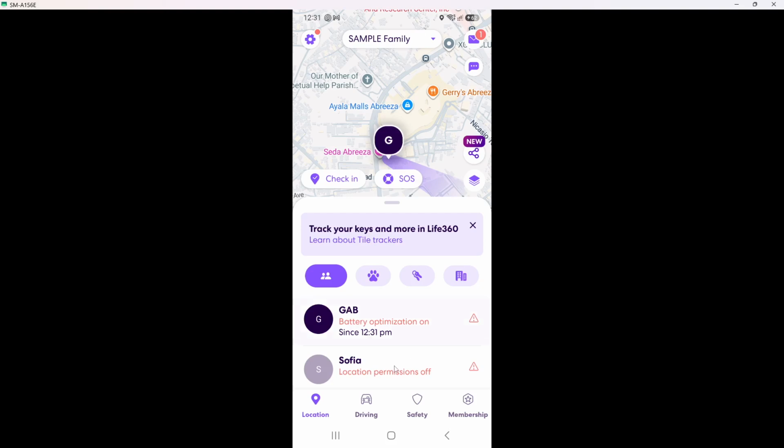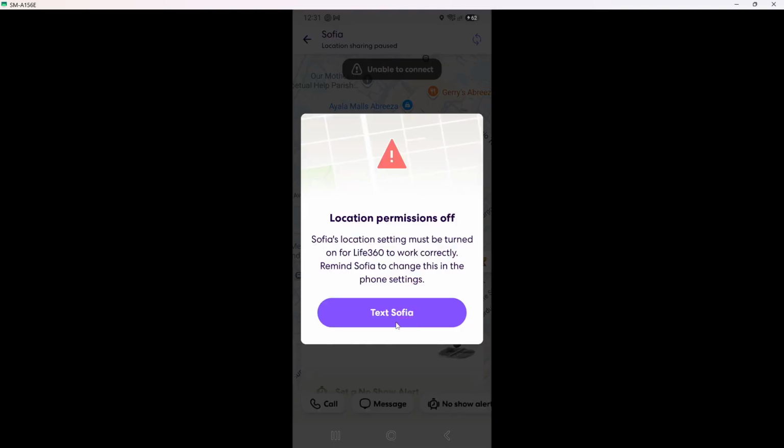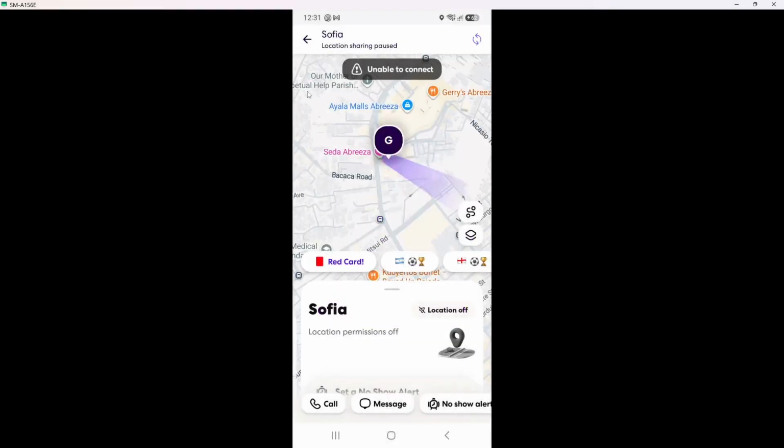First, open the Life 360 app on your device. Look for the familiar Life 360 logo, which is a teal and white circle, and tap to launch the app. Once you are in, you will see the main interface that displays your Circle members and their locations. This is the starting point for all your Circle management tasks.